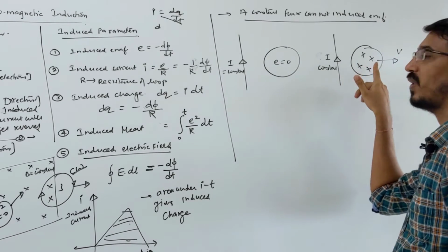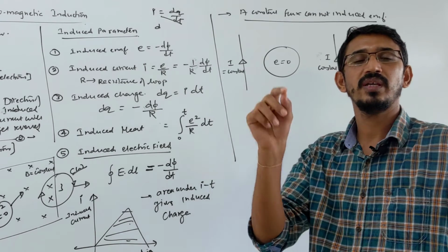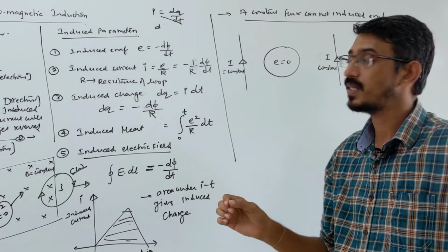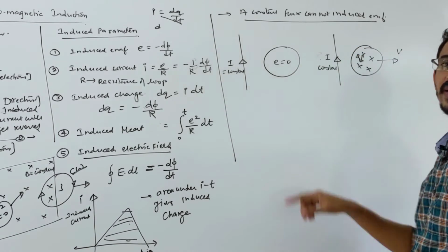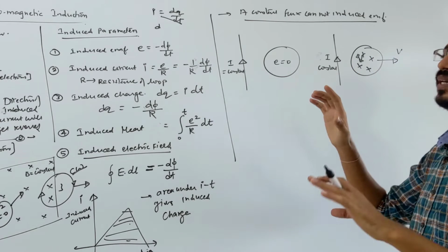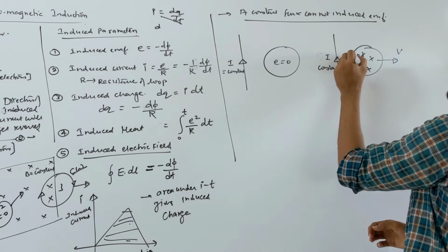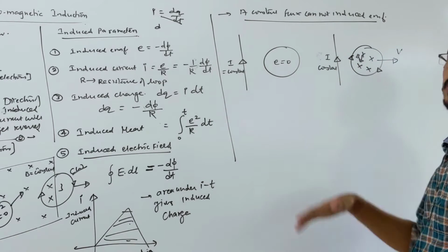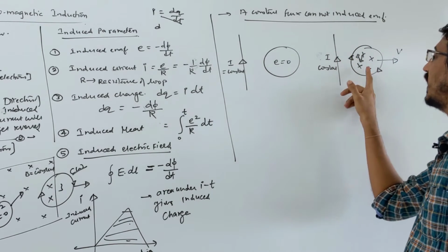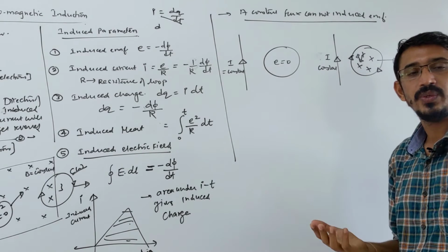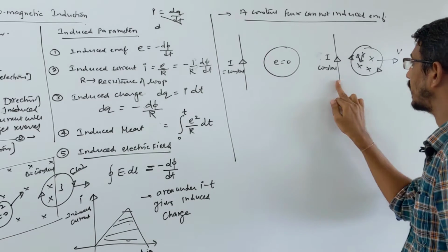Away means the magnetic field produced here will reduce, because remember the magnetic field due to a wire is mu naught I upon 2 pi r, inversely varying with distance. This loop is moving away, so the magnetic field in this loop is decreasing, in the inward direction. So the field or flux due to the induced current will also be in the inward direction. So a clockwise current will flow here to produce an inward field, right? Suppose this loop is moving towards the wire, then the field will increase here. So the flux due to the induced current will be outward, so then an anti-clockwise current will flow. Hope you understood all this, right?